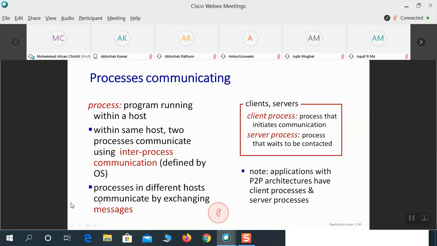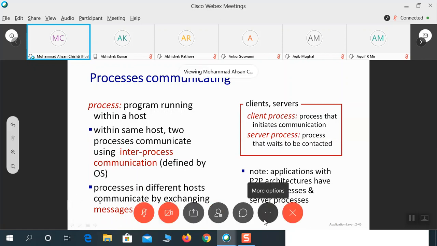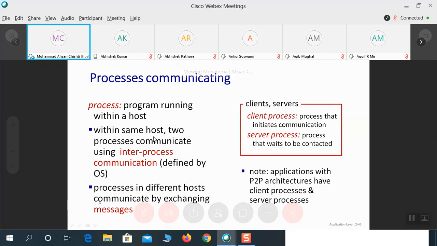Here is the difference which we have already discussed in OS. One is the inter-process communication and another is the remote procedural calls. Since we are talking about processes communicating, and if processes are communicating in different systems, we are talking about remote procedural calls.